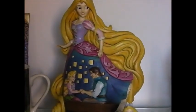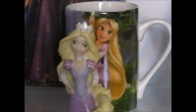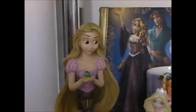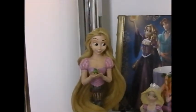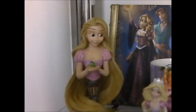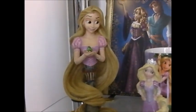The Temptations. Another one from Florida, cut from the Disney store. A journal. Oh, and these are... Oh, what are they called? I can't remember the names of these now, but... Jester, I think. Which is obviously they come body and...